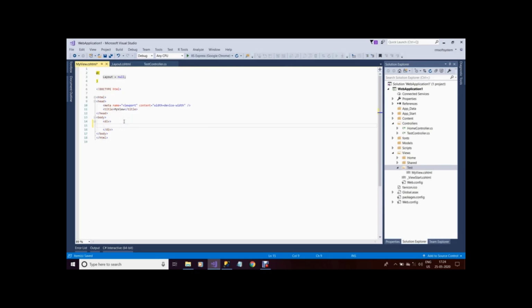It will open MyView.cshtml. I'm going to add some content inside the div tag, like Welcome to ASP.NET MVC step-by-step learning.